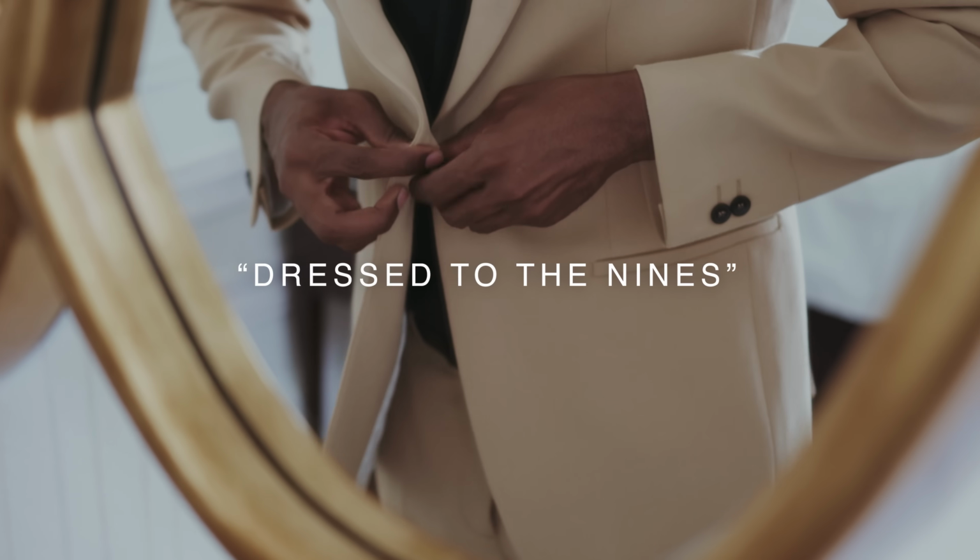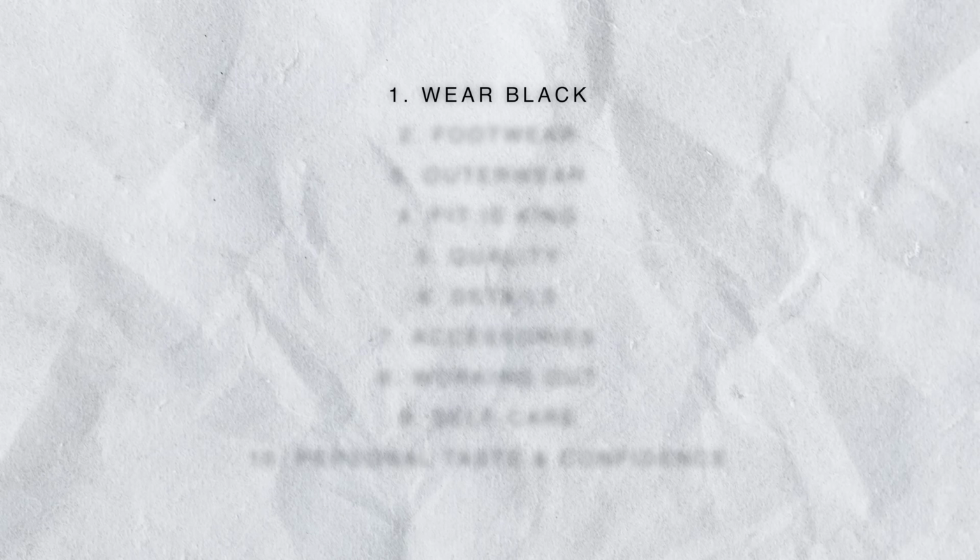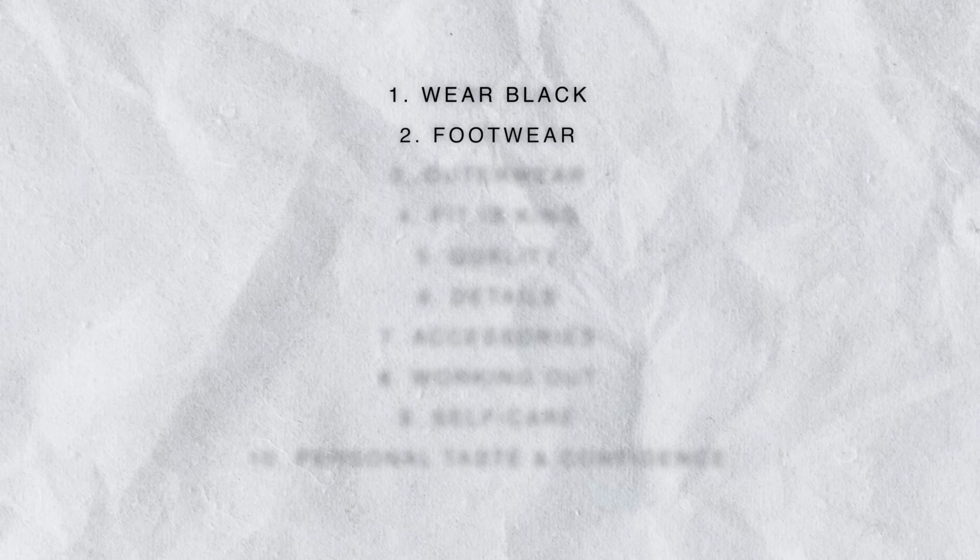So there's a well-known saying, dress to the nines, but we don't want a 9 out of 10 look, do we? We want a 10 out of 10 look. So today I'm going to tell you how you can achieve that. I've got 10 tips that are going to help you get a 10 out of 10 look, so let's get